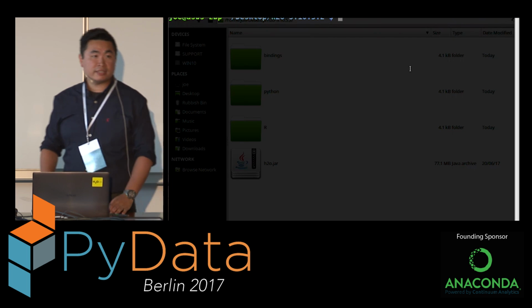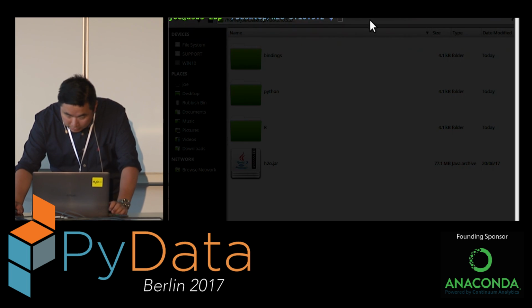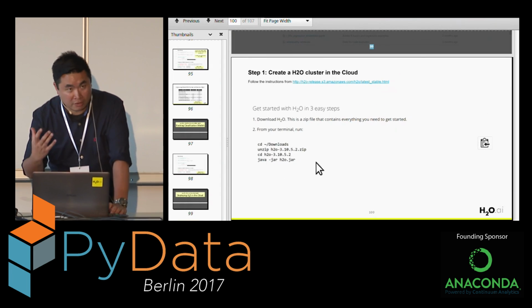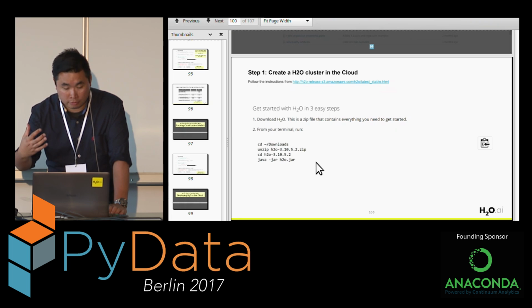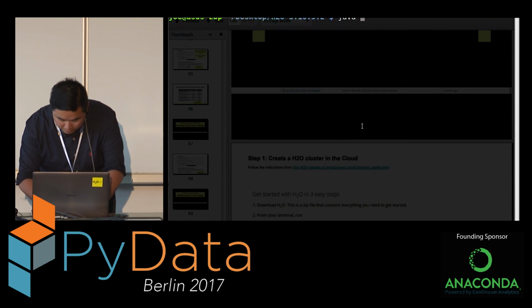Okay, can you guys see it? Yeah, roughly. If I go back to this page, you can see the command here is java -jar h2o.jar. So I do that here: java -jar h2o.jar.